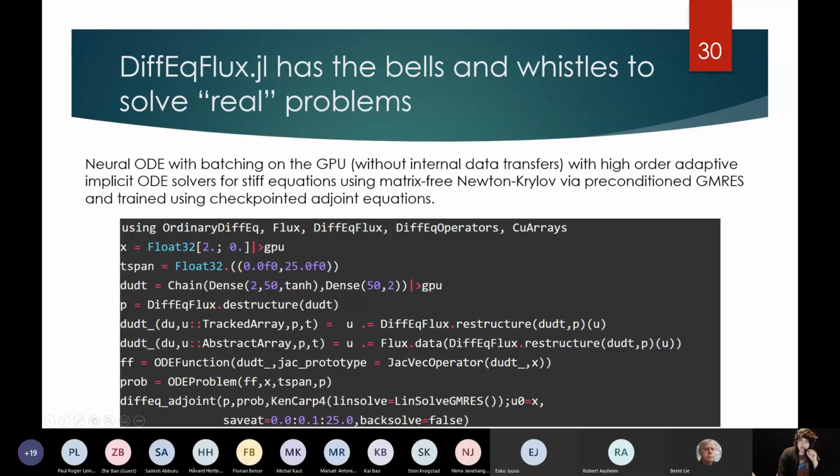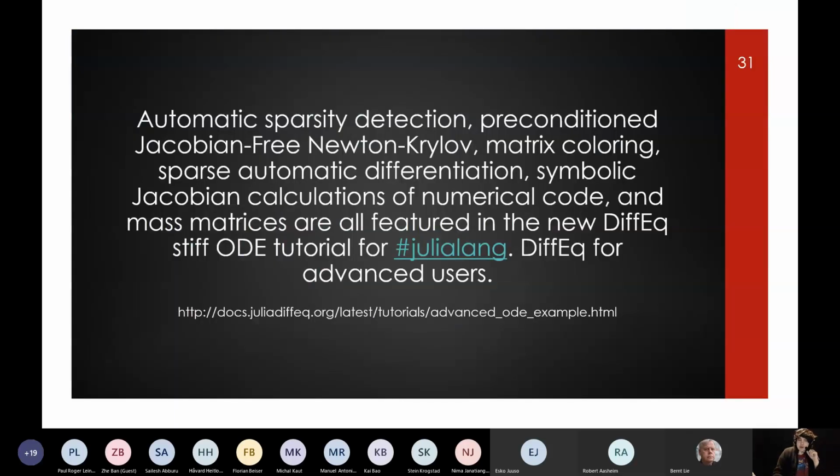So this probably hits one of those things that you would have cared about if you were going to ask a question of whether you can do X, Y, Z. Here's 10 lines of code that does exactly that, right? So a Jacobian-free Newton-Krylov with checkpointed adjoints and all that. Yeah, at this point with the library, it's fairly trivial. It's like 10 lines of code. You just tell it to do that method, right? On GPUs and with MPI and all that.